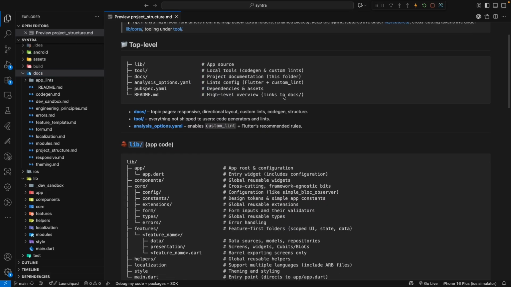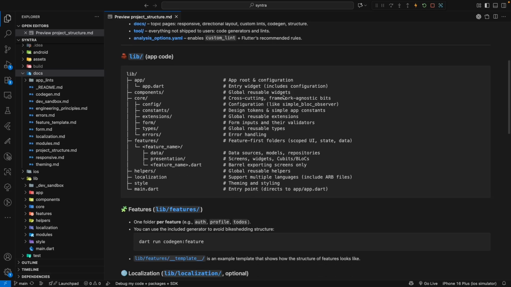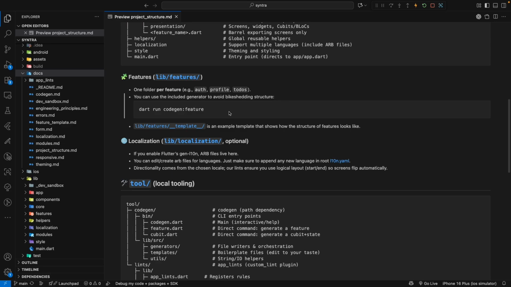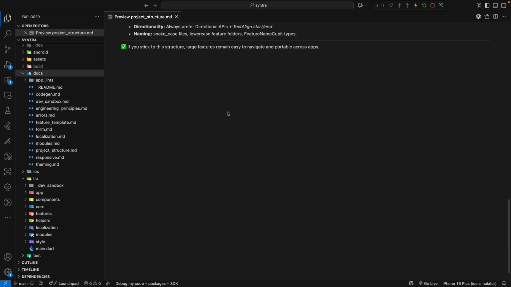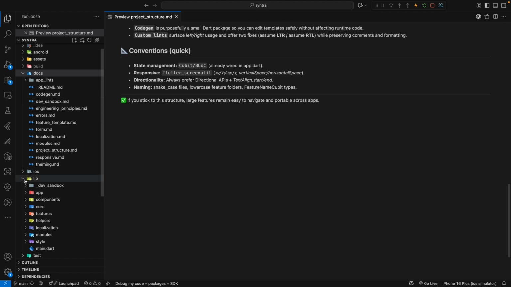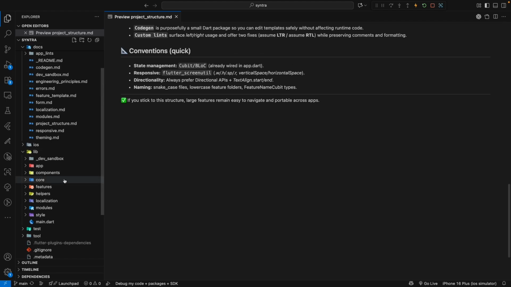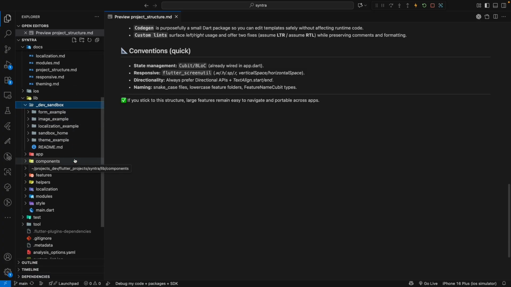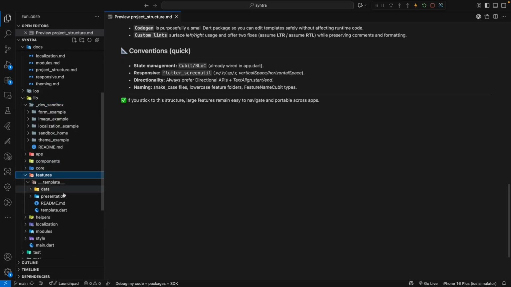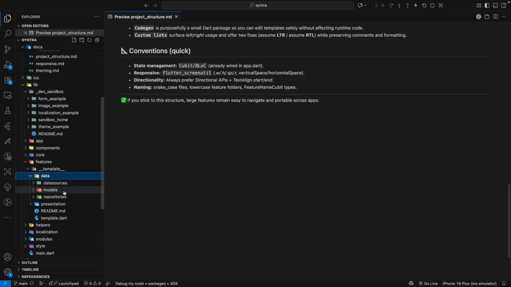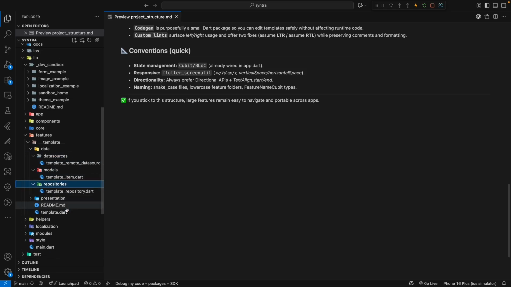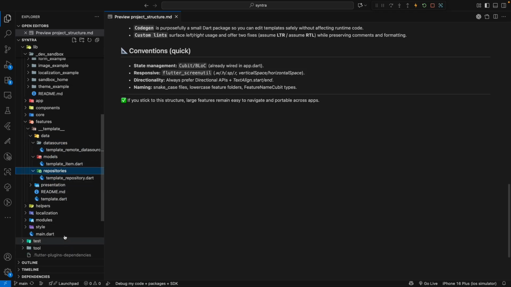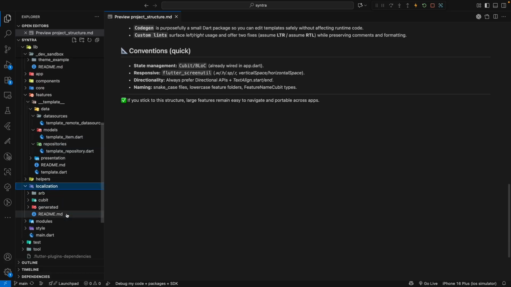A clear feature-first layout, shared foundations in core, a template that keeps each feature self-contained, easy to navigate, scalable, and a dev sandbox, which shows real usage of theming, localization, forms, and images. The features live here. The template scaffolds a data layer with a simple, clean, solid approach, and a presentation layer for UI and business logic. Solid localization flow lives here.